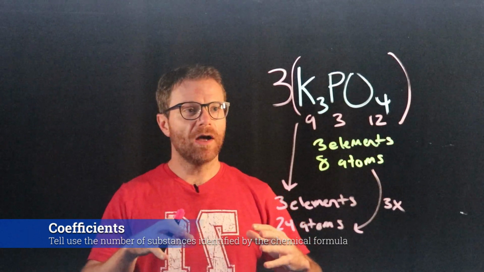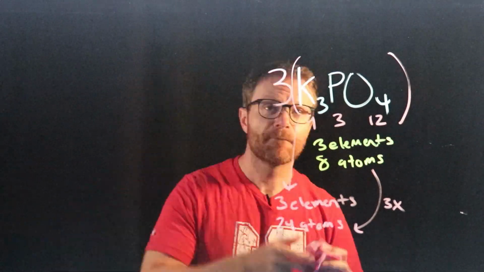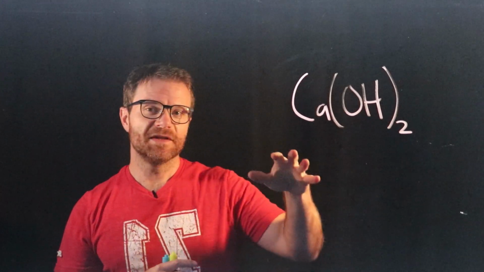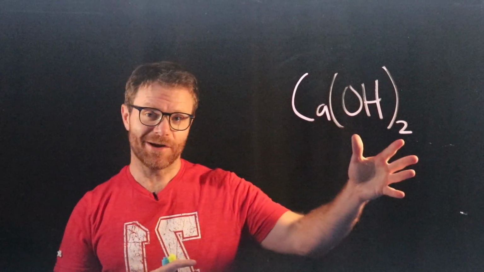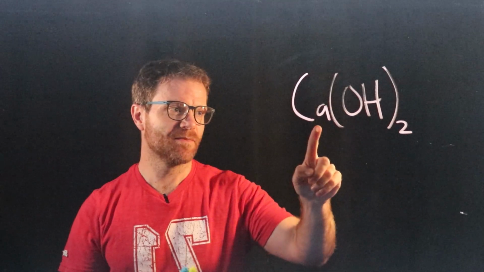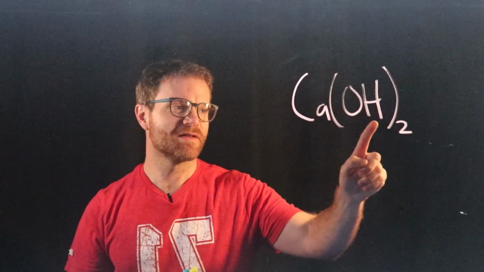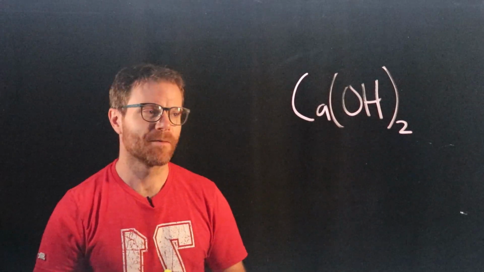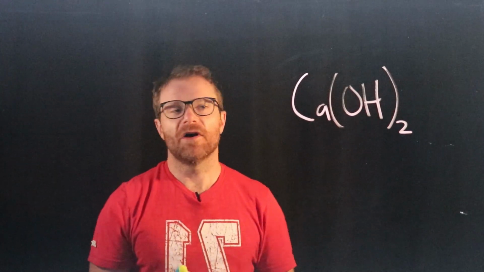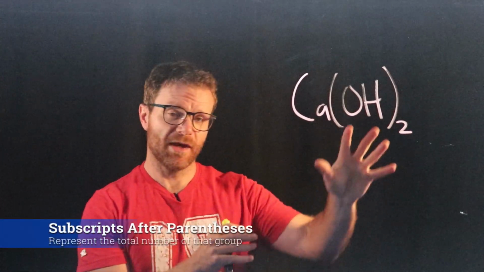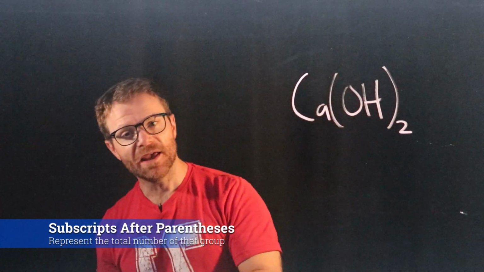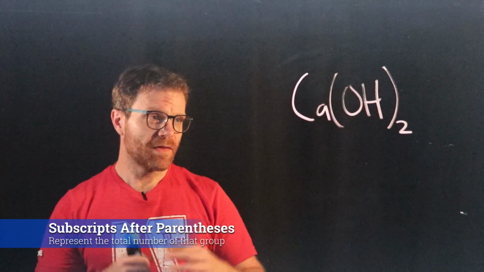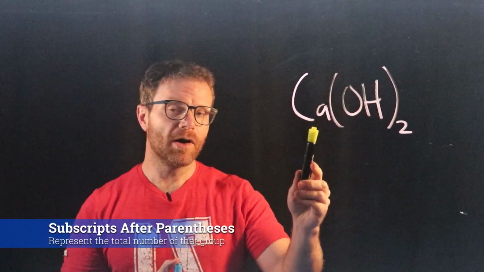Okay, let's do a more complicated example now. Here's a more complicated example. What you see is calcium hydroxide. A calcium, some oxygens and some hydrogens, and a parentheses here to kind of make things a little bit trickier. But it's really not complicated. Parentheses with chemical formulas basically behave like parentheses in math class. And so what this is saying is that we have 1 calcium,